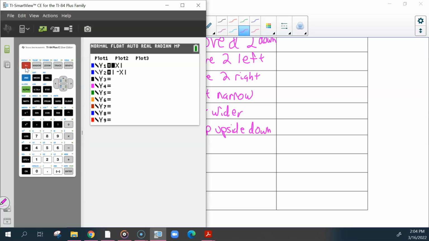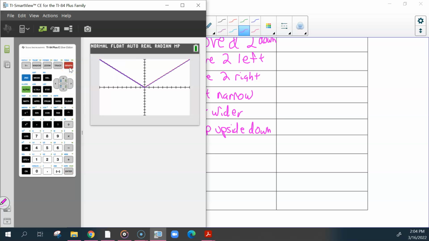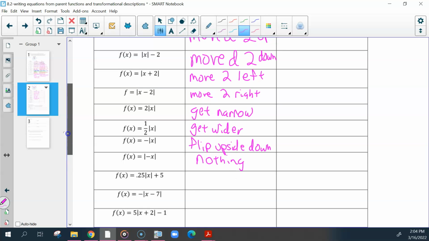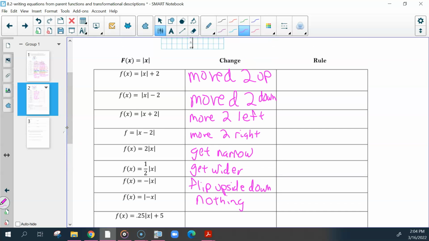So I'm going to go into the body, and I'm going to change the color. And you can kind of see that that red line is lying on top of the blue line. So the change is nothing, but there is a different rule. So we'll fill in the rest of the rules and then we'll come back to that. So if all of the changes are the same, this would be